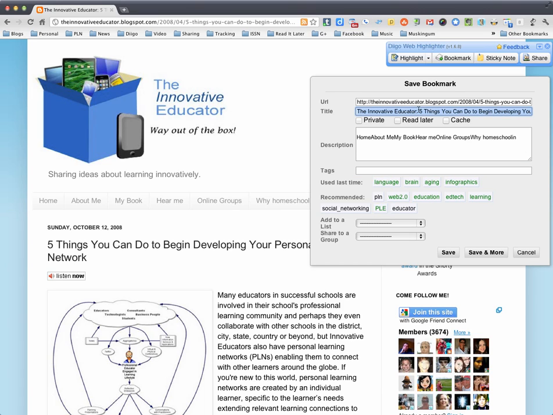So if you want to improve upon that to make it more useful to you or to people you might be sharing with, you can of course edit that. And then you have the option of making your bookmark private. And this might be useful if you're bookmarking, say, a page that has personal information on it that you want to be able to find again, but you don't necessarily want to have appear in association with your Diigo account